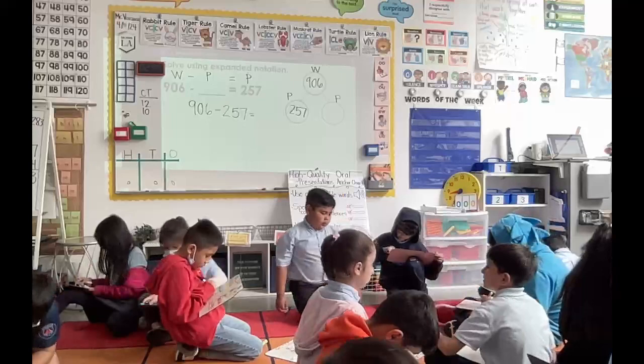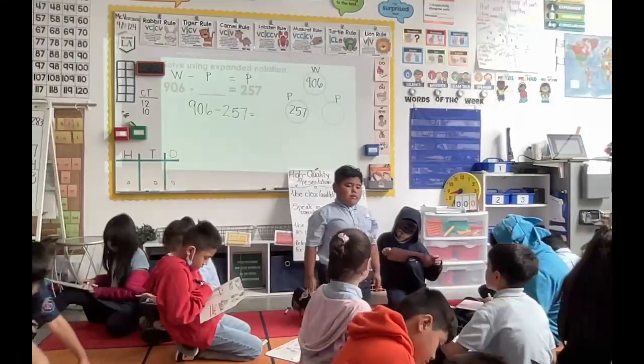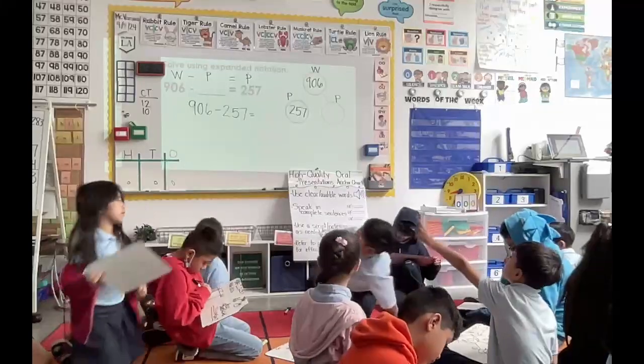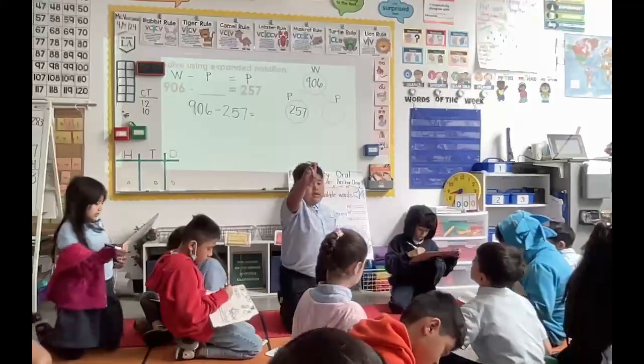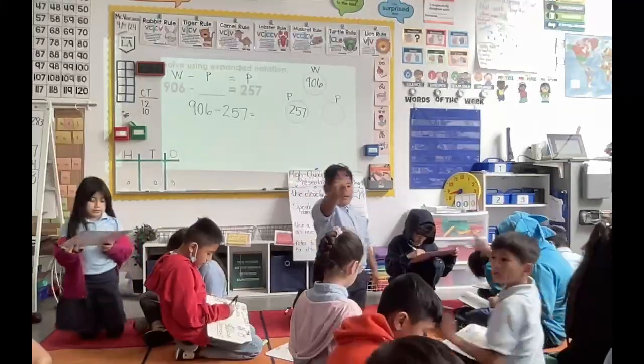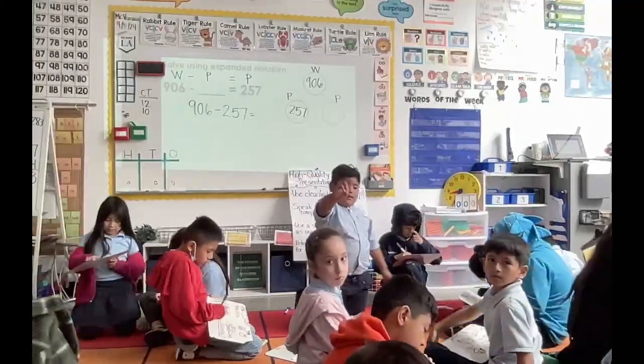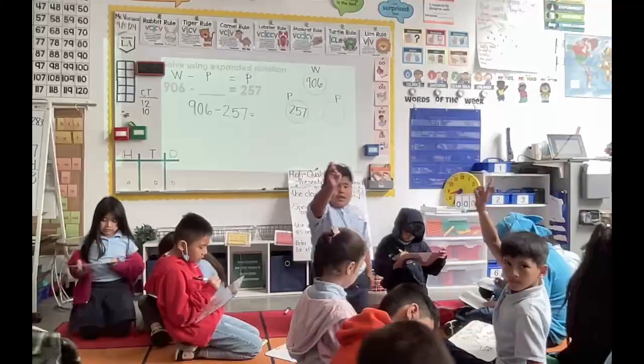What do you notice? But what place is that? The tens place. And remember, tens always end in a 0, so you have to put 50. All right, so you're solving,